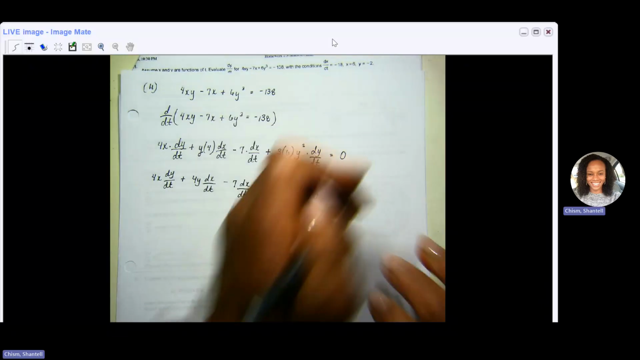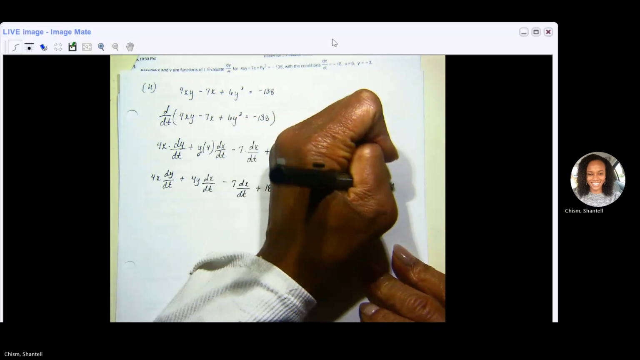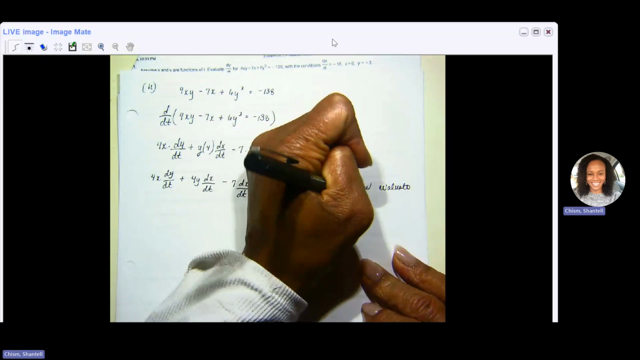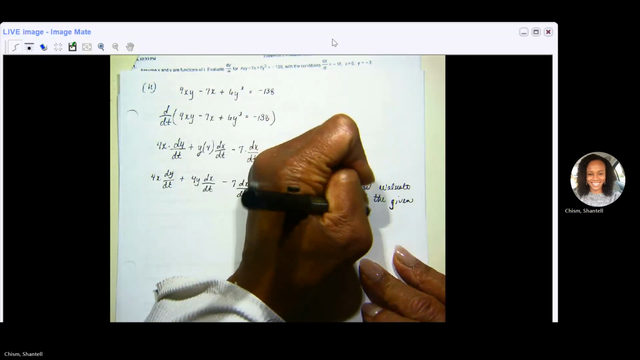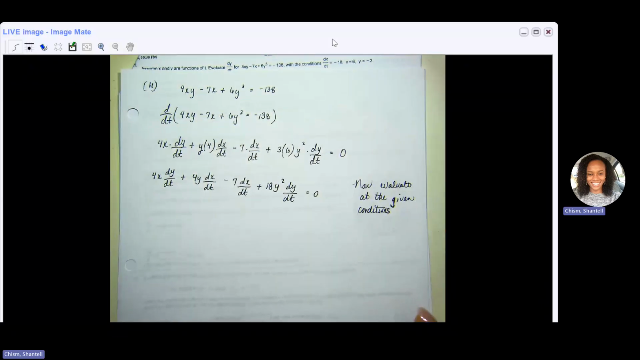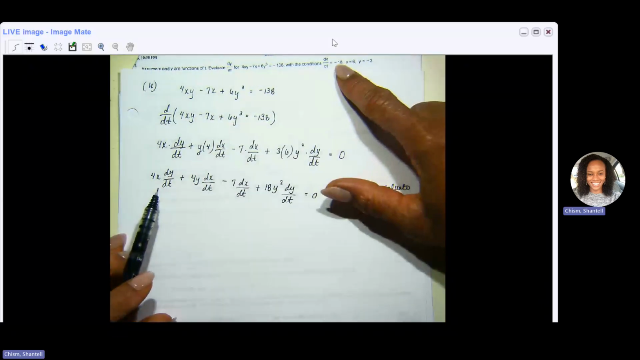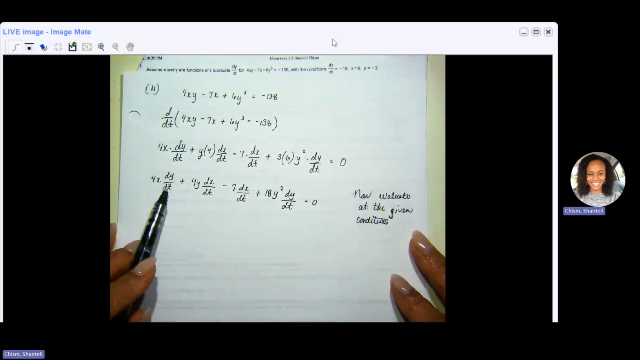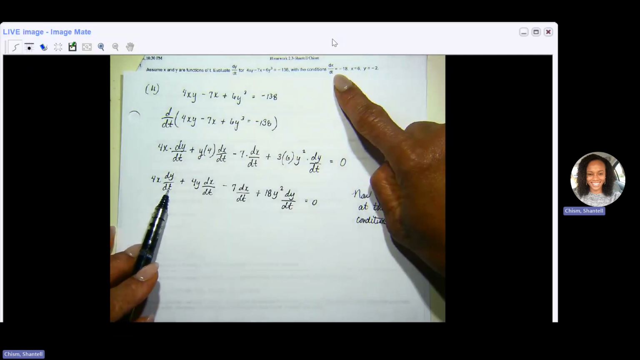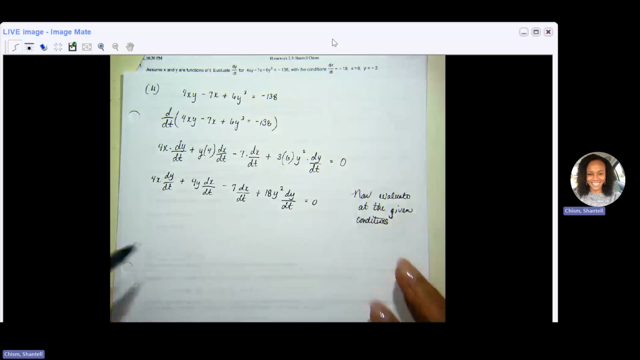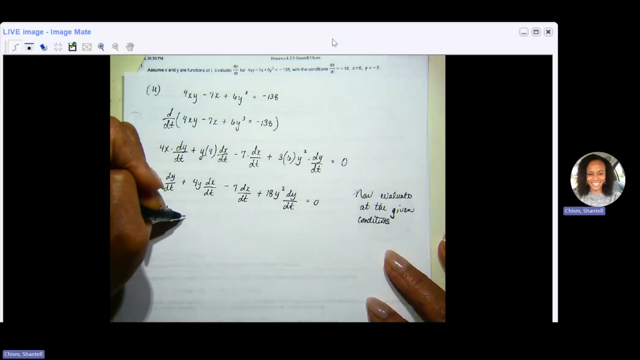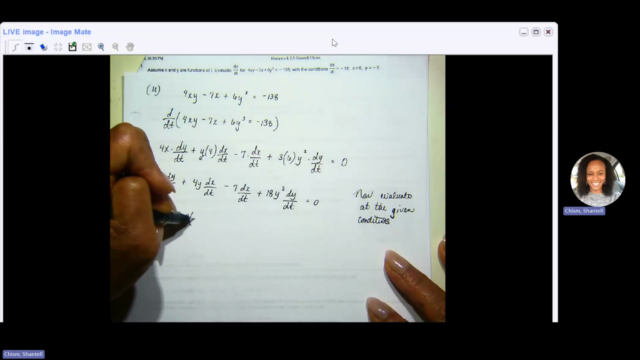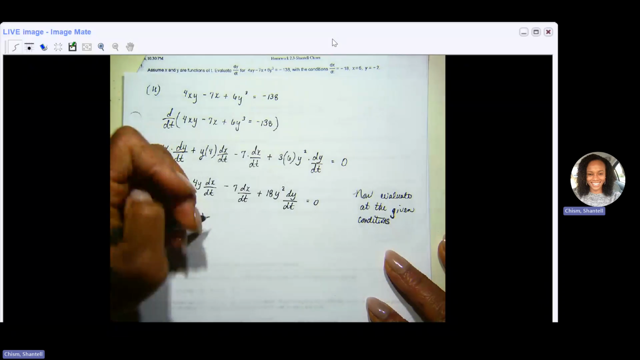Now let's evaluate at the given conditions. Okay? So I've got dx over dt, that's negative 18. I don't know dy over dt, but I do have dx over dt, and I've got x, and I've got y. So this is going to be 4 times 6, because the x is 6, dy over dt, plus 4 times the y, which is negative 2, times the dx over dt, which is negative 18,